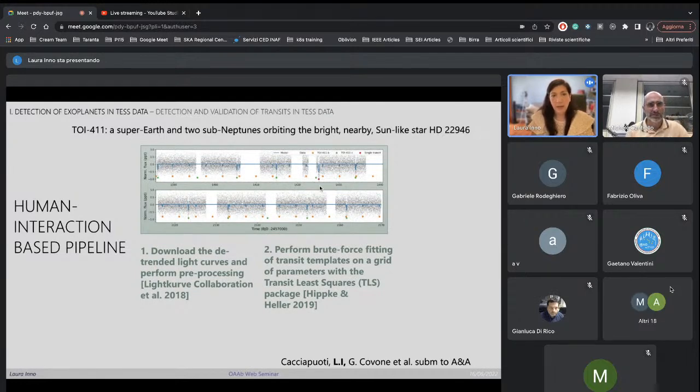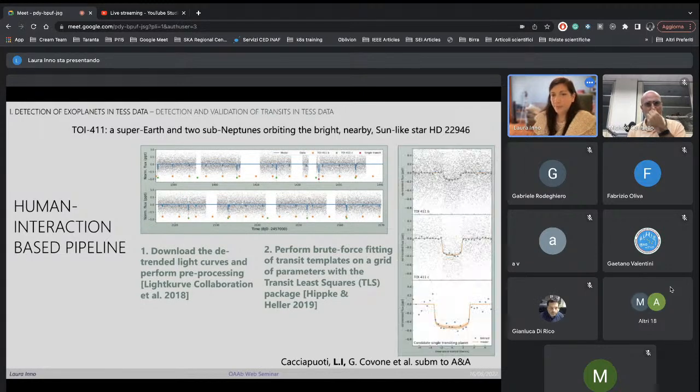and in green, another planet with a period of about 10 days. And there is also one single event here for which we weren't able to determine the period. And this is the zoom in of these transits. You can see that by looking at the raw data, you don't have a good visual feeling of the transit. By binning the data, you have a much better visualization.